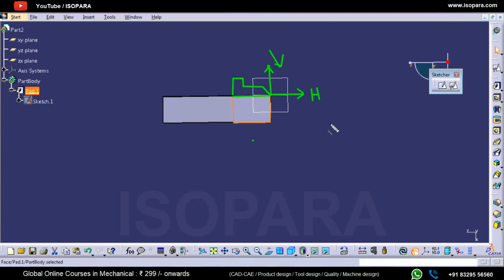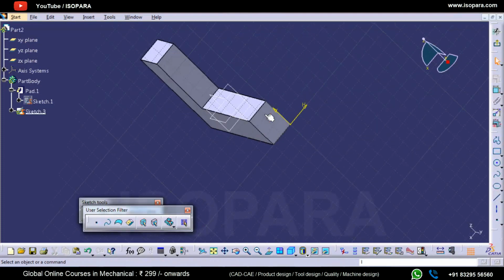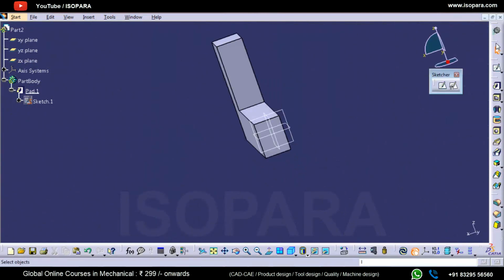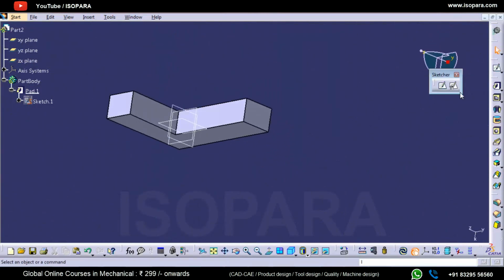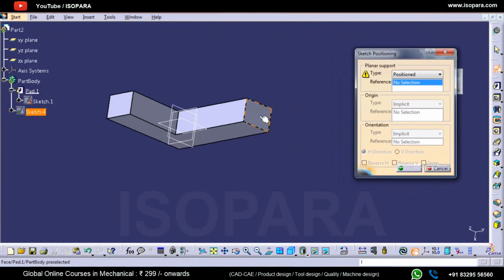If I go with the normal sketching, I just select a normal sketch and click on this, and you will find it is oriented in a different way. I will exit the workbench and go to the positioned sketch, and you will see there are so many options.